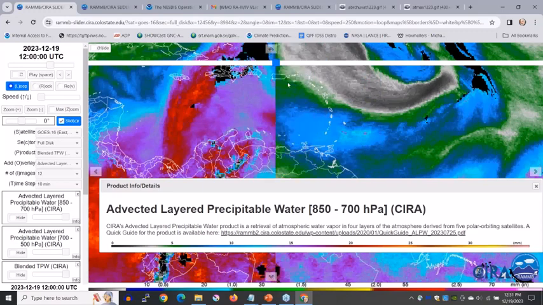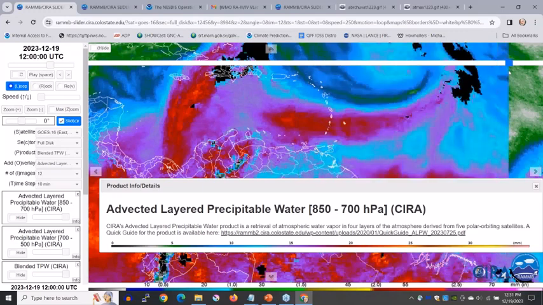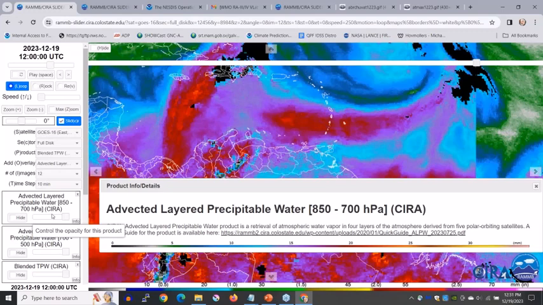And just looking at this still frame, you can see the scale is down here. So if I'm looking at, this is the second layer from 850 to 700, which I consider one of the important layers for the tropics, because in this layer you can see the dry air associated with the mid-level ridges and the trade wind inversion. But you can definitely see the moist plume that is very, very well defined across Barbados and Grenada and St. Vincent, and well, St. Lucia as well. You can see that, and the amounts in this layer are high, close to 20